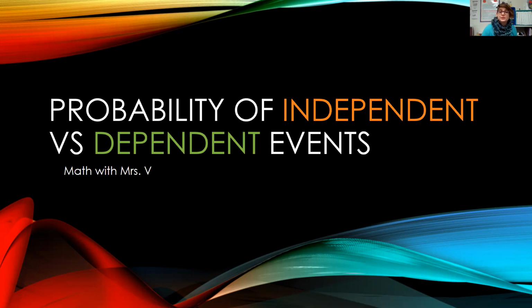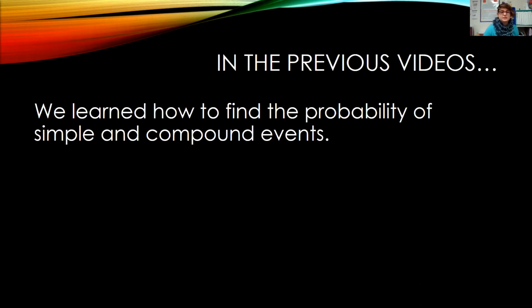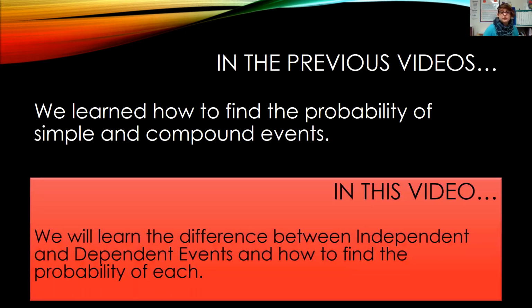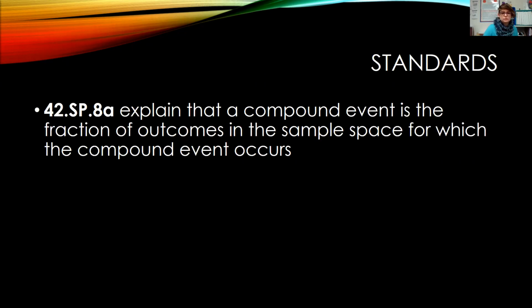This one is probability of independent versus dependent events. So in previous videos, we learned how to find the probability of simple and compound events. In this video, we will learn the difference between an independent and dependent events and how to find the probability of each. We are focusing on standard 42 SP8A, where it shows a compound event is a fraction of the